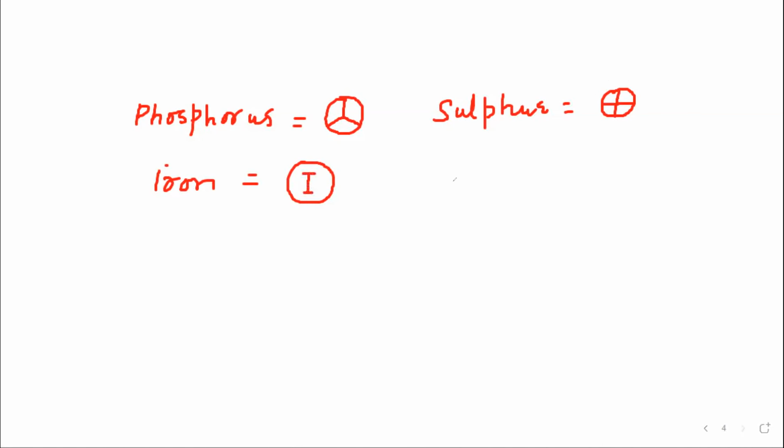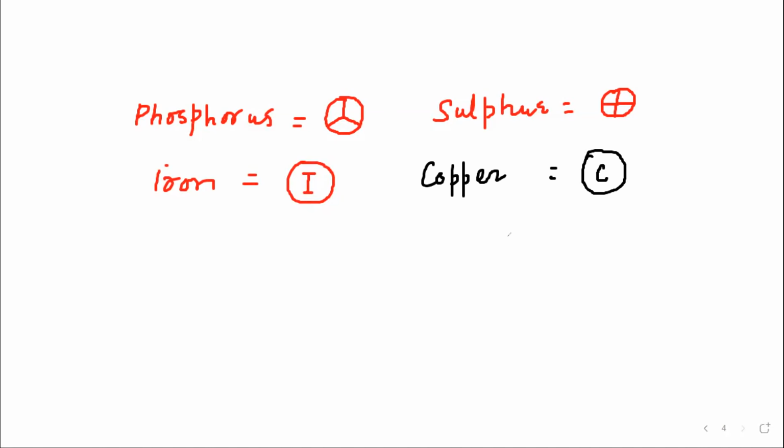But these symbols had limitations. It was difficult to draw these symbols, and also difficult to remember which symbol is for which element, because all have a circle, and somewhere there is a dot, somewhere it is filled, somewhere there are 2 lines, somewhere 3 lines. Isn't it difficult? So this was not appropriate. For example, for carbon he gave a filled circle, but for copper he gave a circle with C written in it. So it stands for copper.